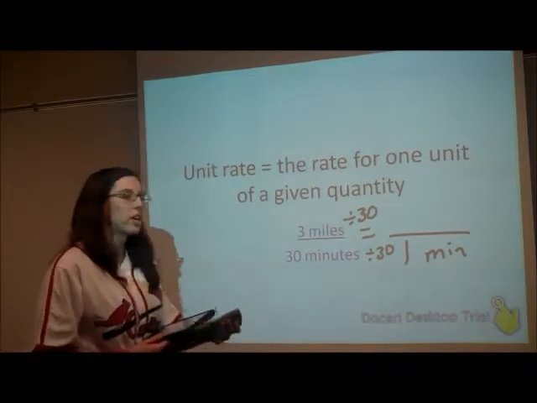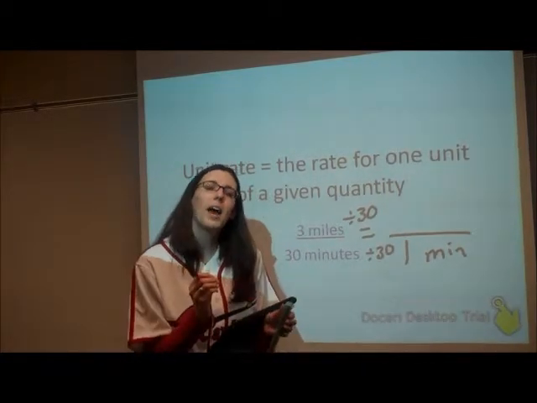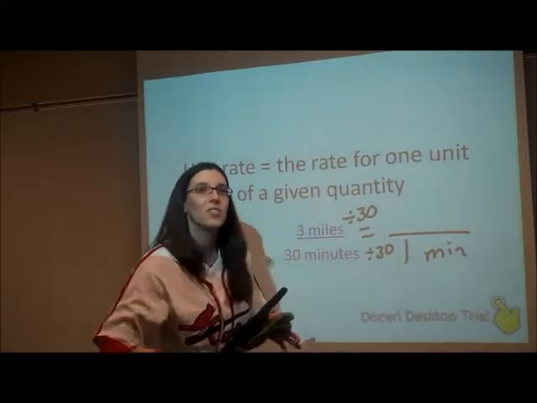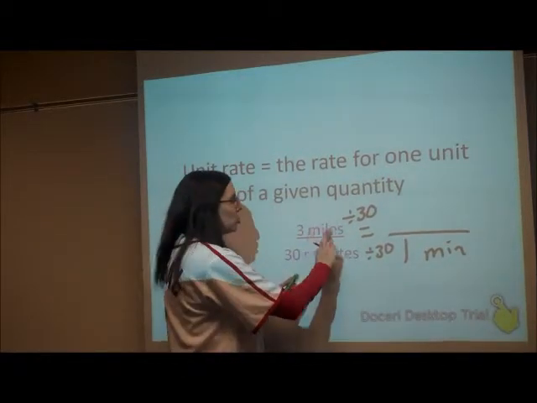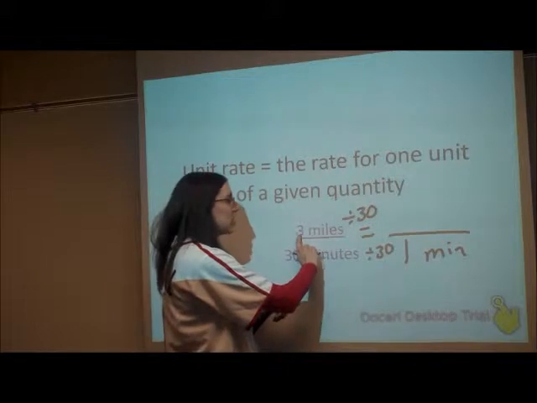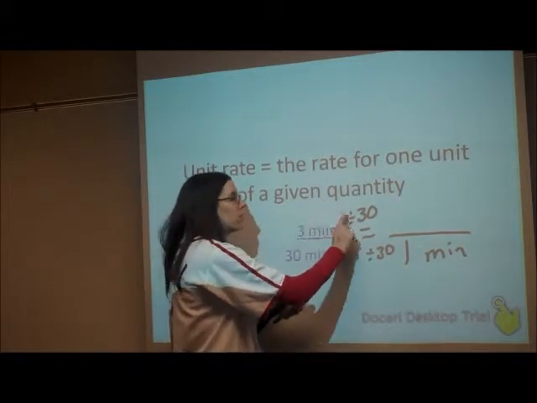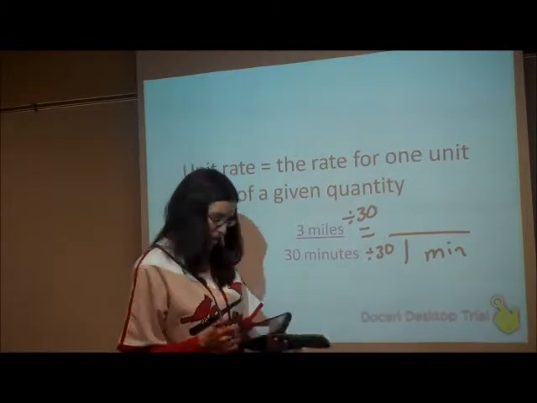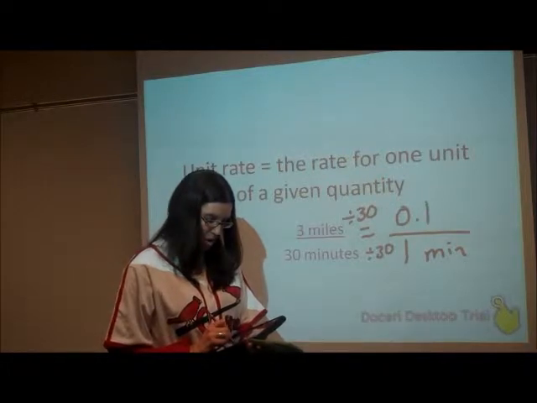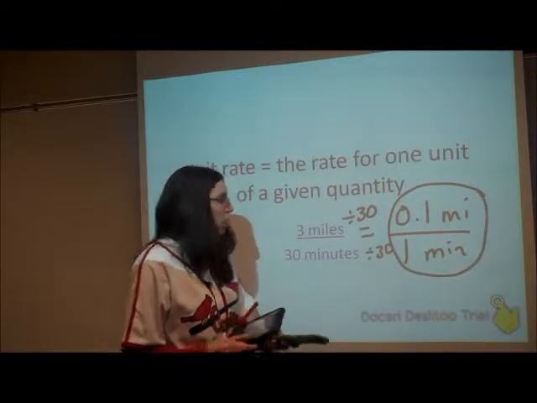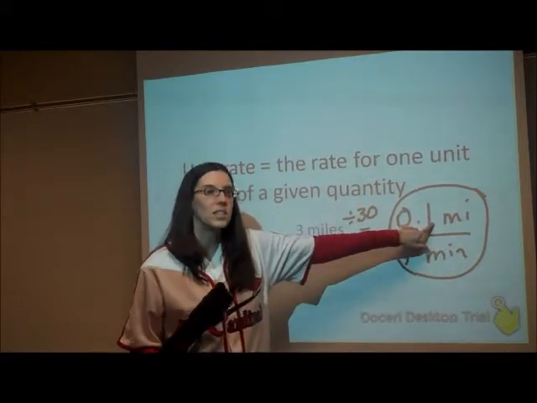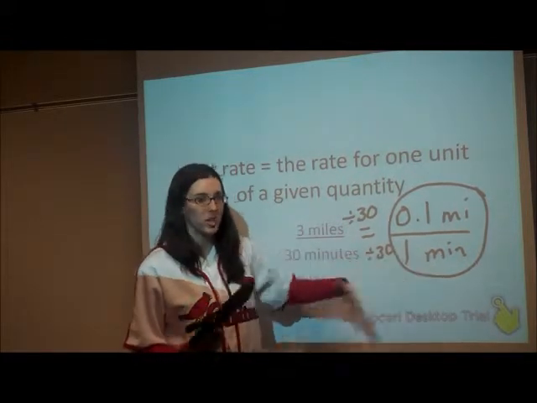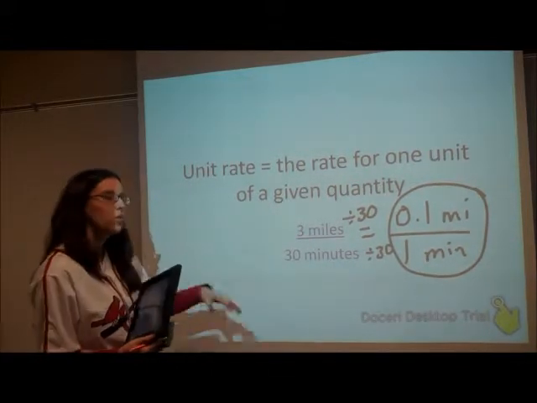I'm going to get my calculator out. Since we're using division, we have to watch the order. We are starting with the 3 miles, and we're trying to divide that between the 30 minutes. So when I enter this in my calculator, I need to enter 3 divided by 30. 3 has to be my first number. And it's going to be a decimal, and I get 1/10. So that means in 1 minute, I can go 1/10 of a mile. So this is an example of a unit rate, because we have 1 unit. Now, if you want to copy that down,